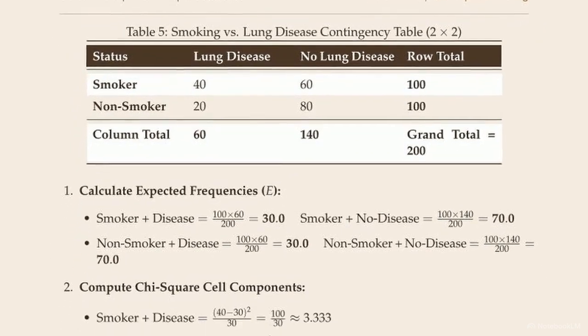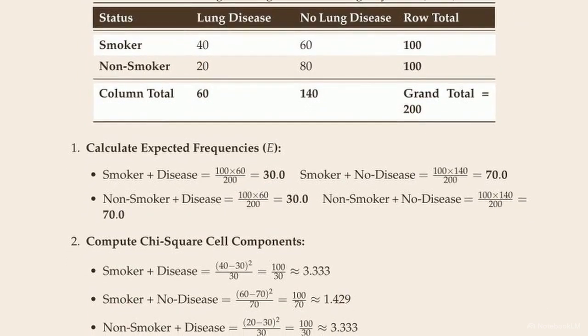Here is where the calculation shifts. Because we are looking for an association between variables rather than testing a genetic theory, the expected frequencies cannot be derived from a simple baseline ratio. The expected cell frequency assumes total statistical independence. It is calculated by multiplying the marginal row total by the marginal column total and dividing that product by the